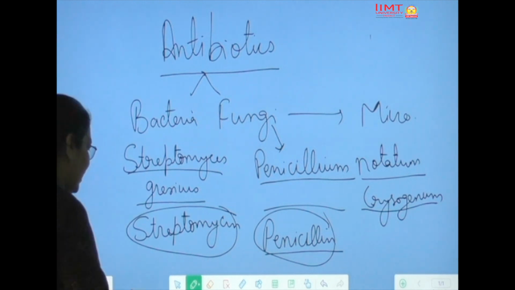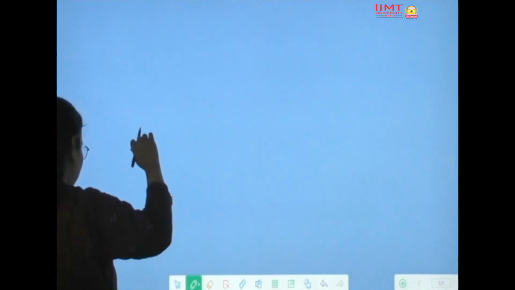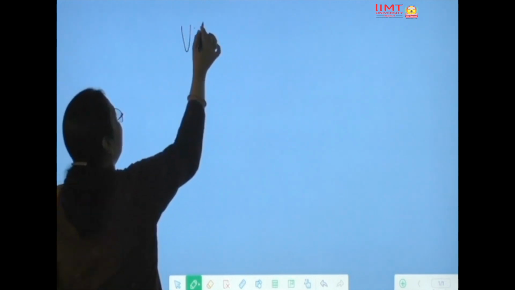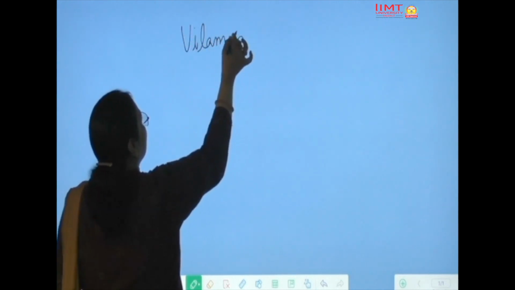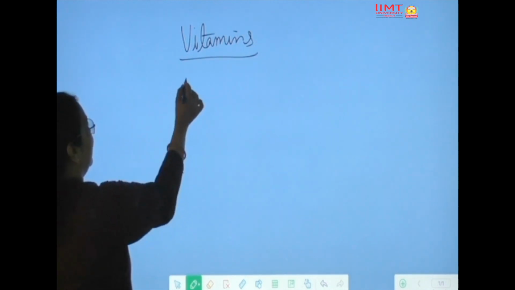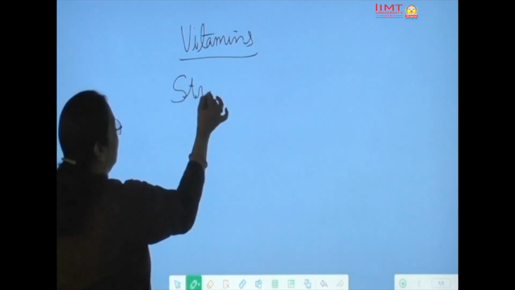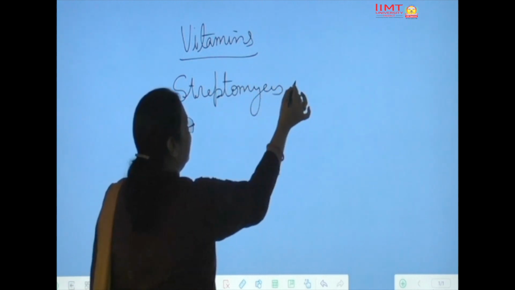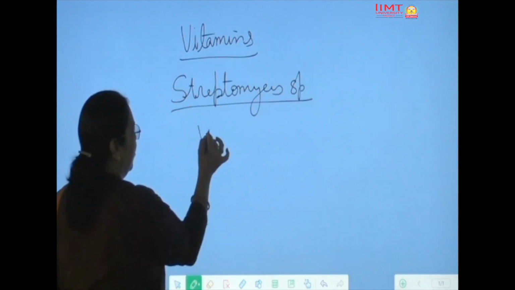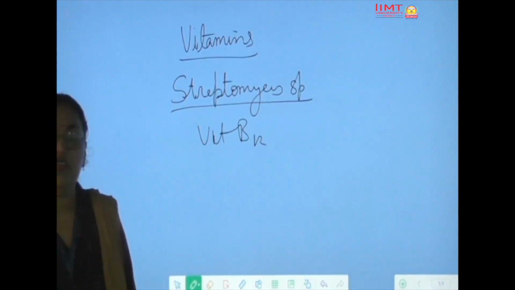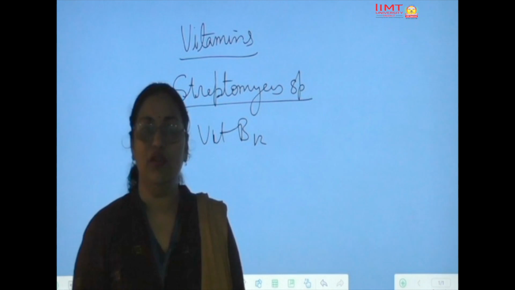Other than antibiotics, if we talk about it, this microorganism can produce vitamins. I told you vitamins, right? For example, Streptomyces species produces vitamin B12, which can be used as a nutritional supplement and provide nutrition to those people who are